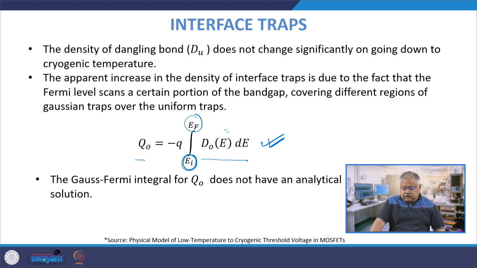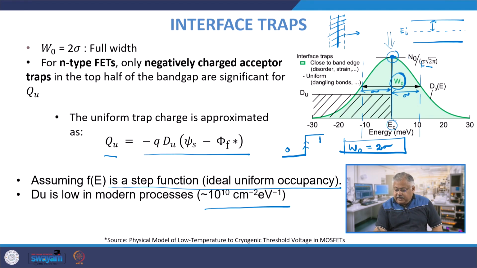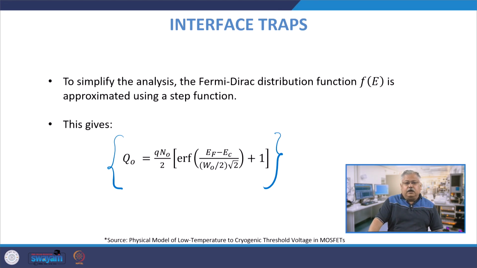So, if you look at this Gaussian surface, this is the maxima, right. The half of maxima is this one, and therefore, we define the width there as W0. So, W0 by 2 into root 2 error function plus 1 into Q into N naught by 2,